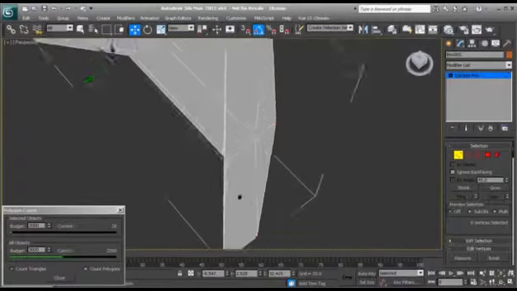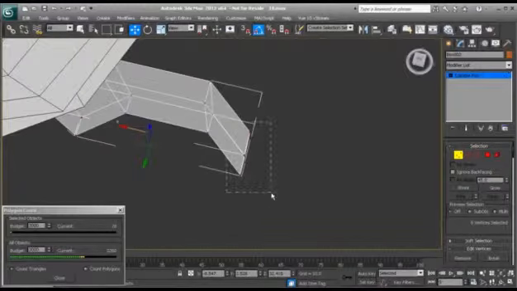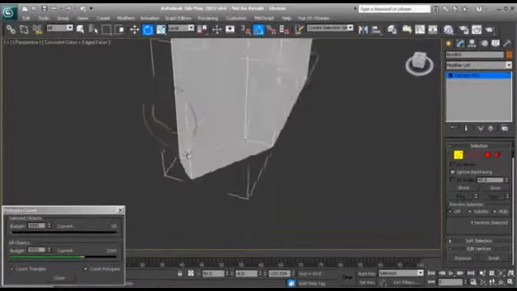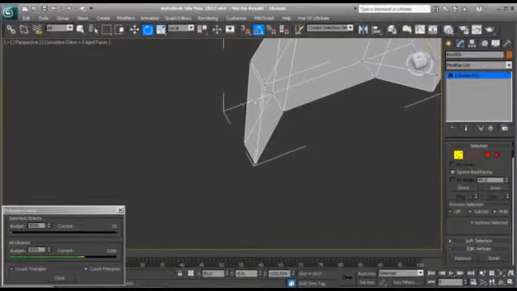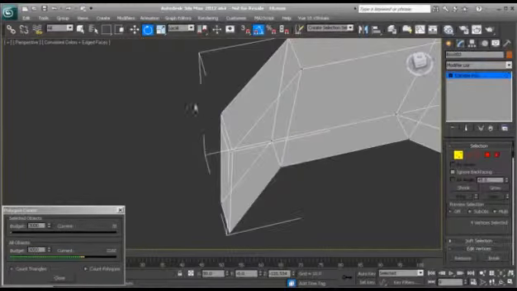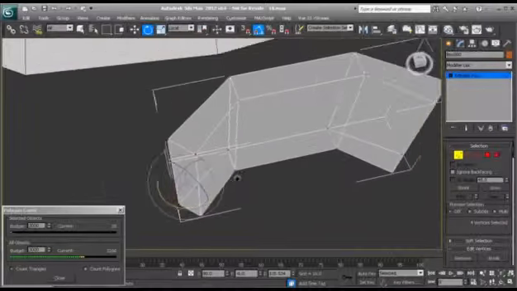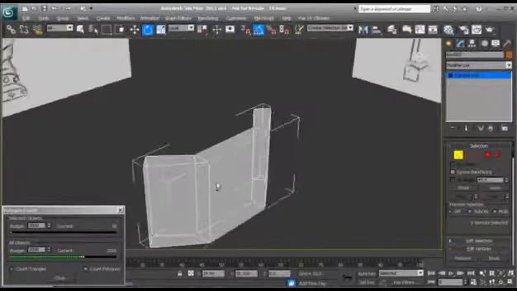So this is facing away from me here, and I want to rotate these corners a little bit. So I'm going to grab my rotate tool and just rotate that back to where it's kind of coming off at an angle, not necessarily looking very sharp from this side. So let's do the same thing here. Rotate that back. Here we go. Okay, so now that we have